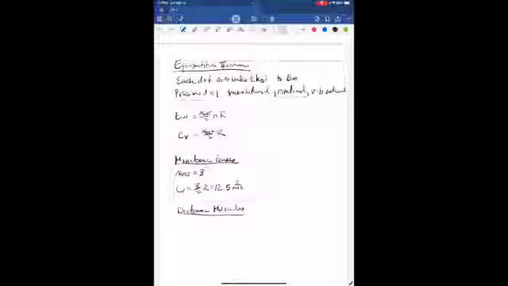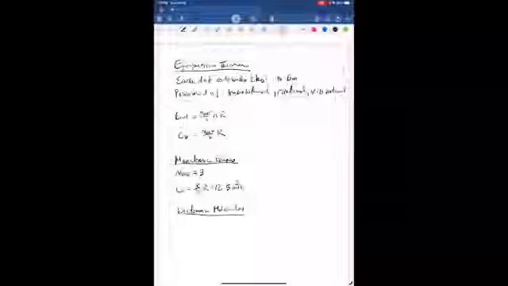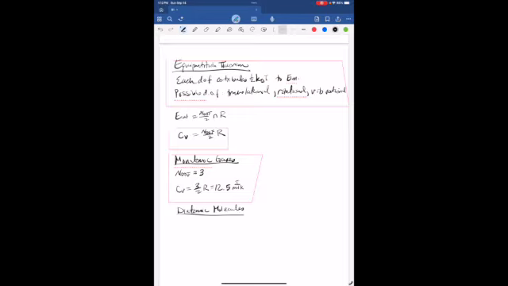Okay, now for a diatomic molecule, the specific heat at constant volume depends on the temperature. The reason for that is that quantum mechanics comes into play for rotations and vibrations. So if you go down to low enough temperature, then it's too low of a temperature to excite the rotational or vibrational degrees of freedom. So at very low temperature,